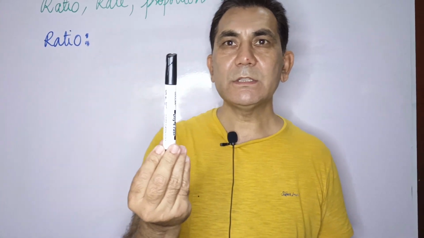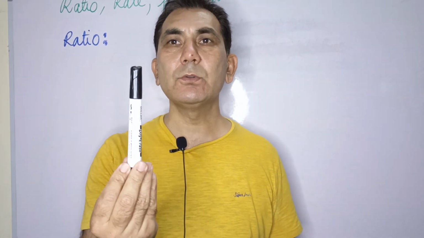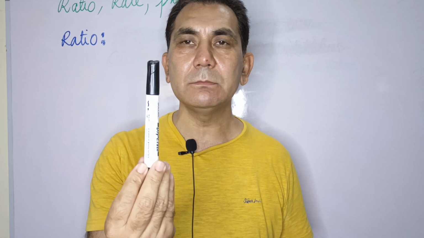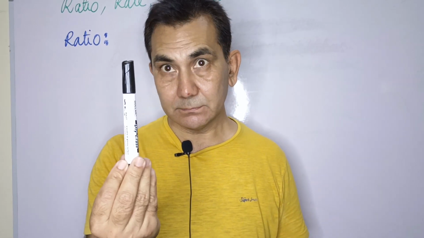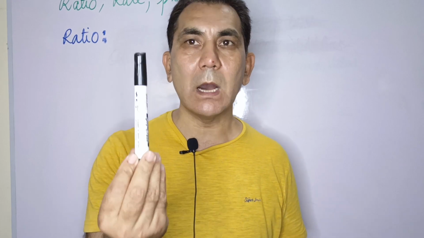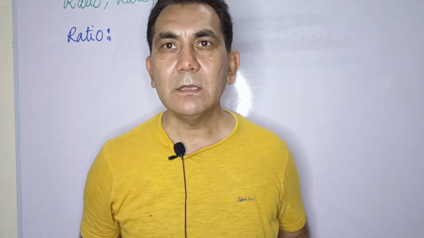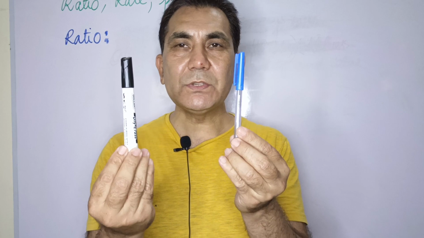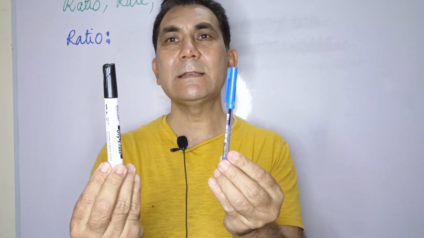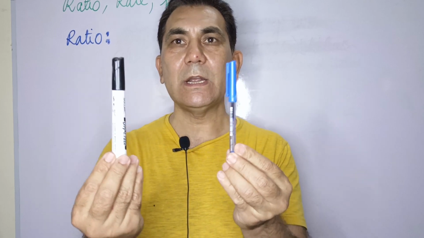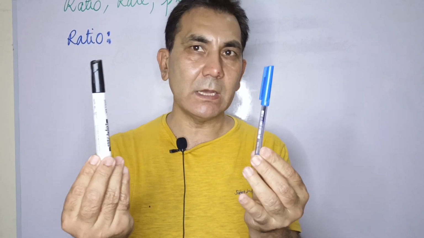It is very difficult for you, because there is no comparison item against which to measure the thickness of this marker. If I ask which pen's thickness is larger as compared to the other one,